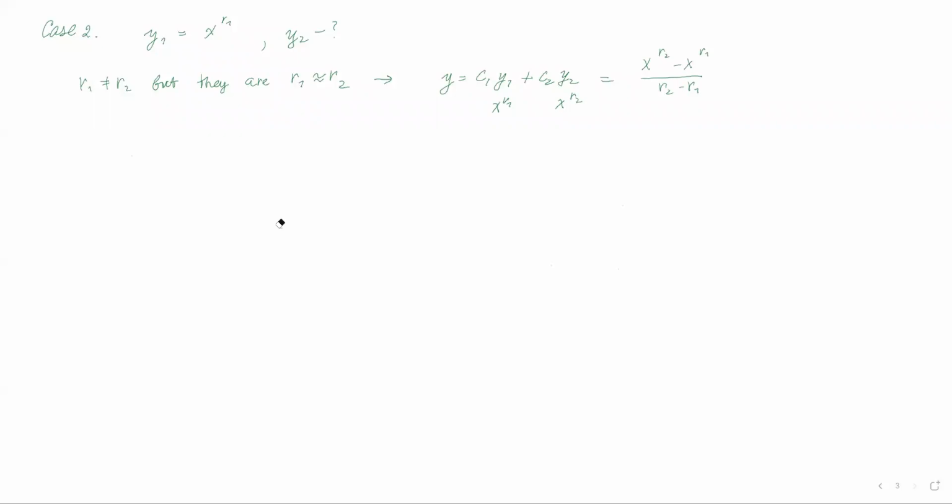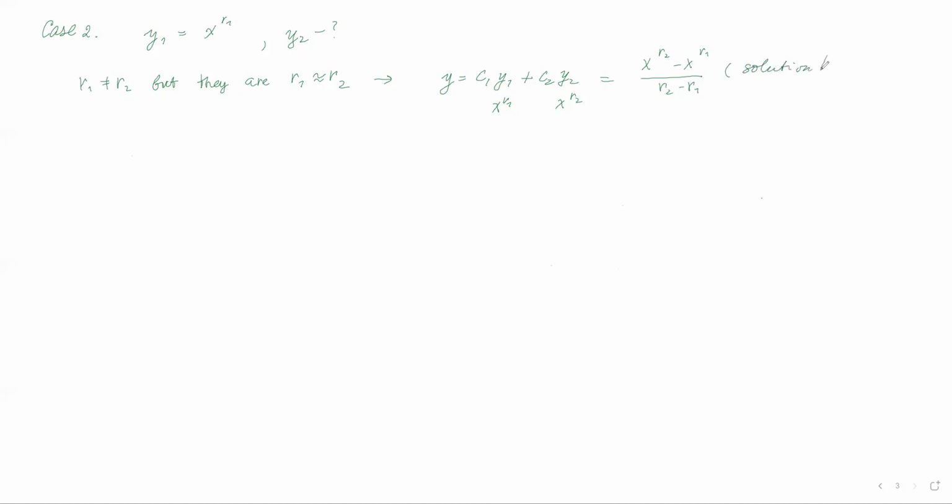What I did here, I did a difference of solutions and divided by a number r2 minus r1. Because they are not exactly equal, we're not dividing by 0. This difference is not 0. They're close, but not equal. And the top is not 0 too, because they're close, but not equal. And if you divide the first one by this, that's going to look like a constant, which is a strange constant. That's 1 over r1 minus r2, times y1, the solution. And this one is going to be constant c2, minus r1 over r1 minus r2. Well, that finally fits into this, right? We know that it's a solution.